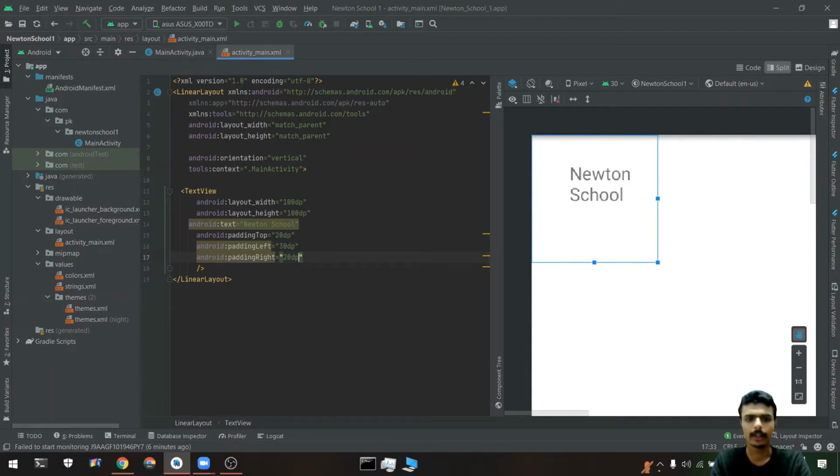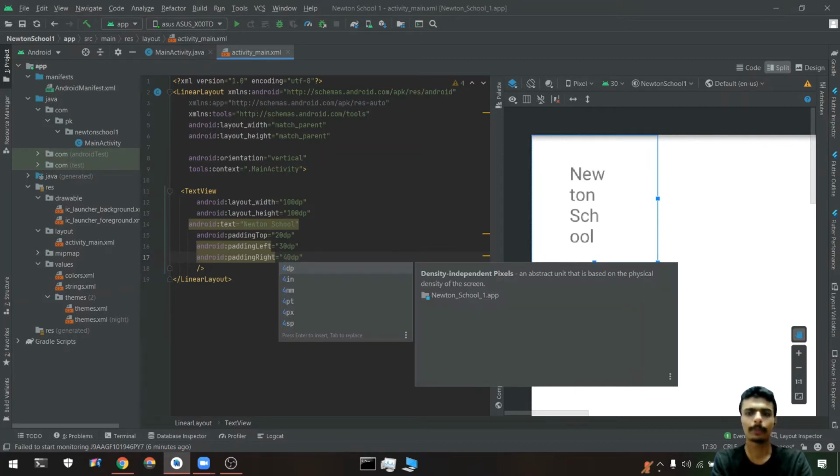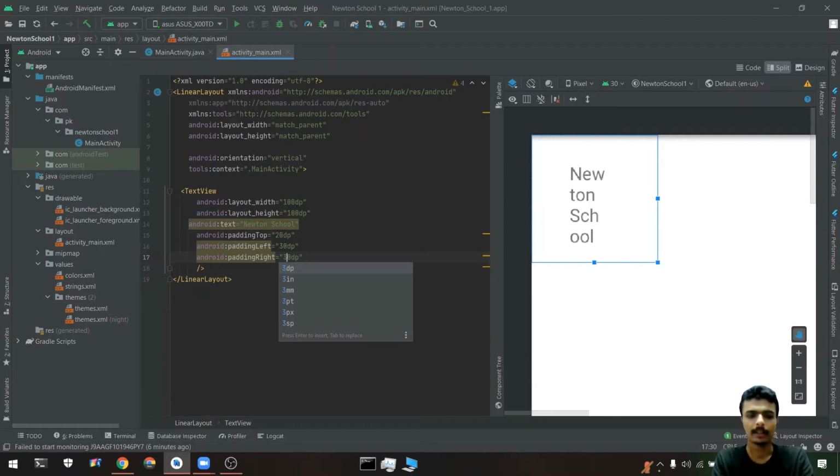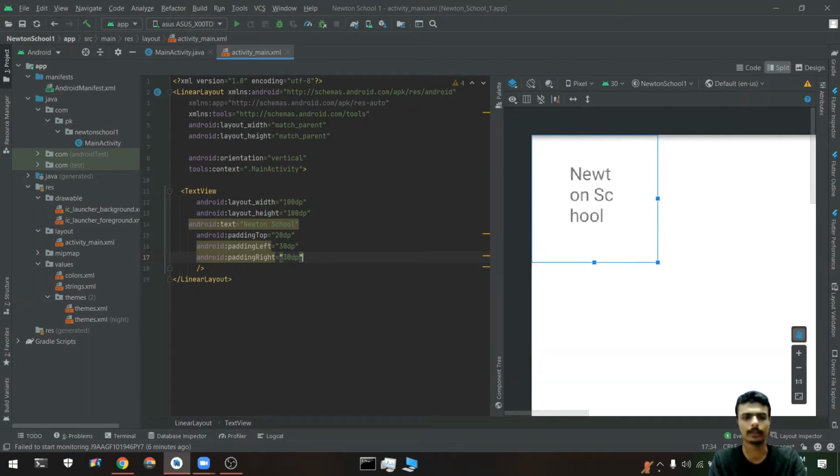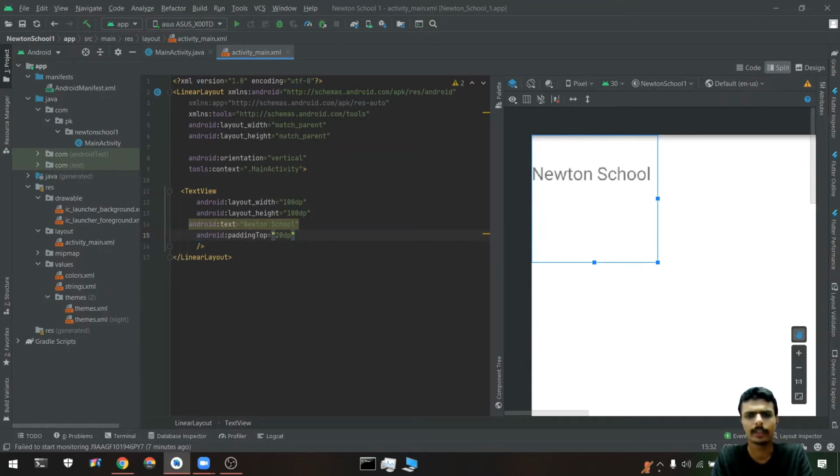Okay, so it can't help you out. If I press that 40 dp, then it will be kind of compressing from the sidewise. Okay, and 30 dp also. So that's how it works. We can delete this part for now. Okay, so now it's fine. And from the bottom also it will work the same way.